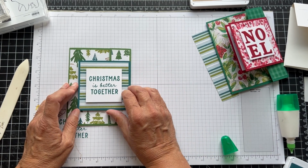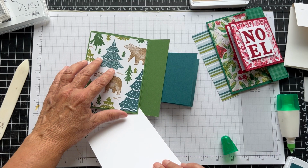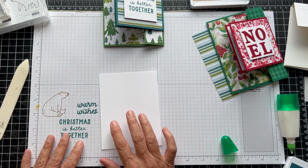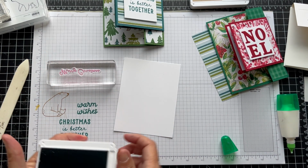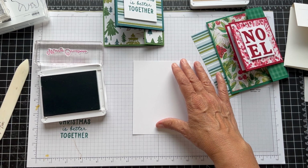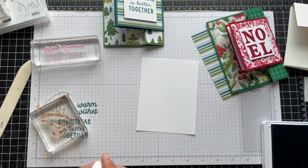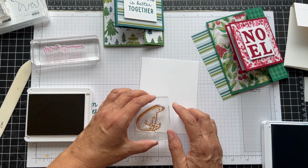Okay, so we have this opens, and then this opens, and then we want to do our inside. I think I might have cut a little bit too much off of here, really just a hair. But I think it works. It doesn't matter. So on the inside, I wanted to do Merry Christmas, and we'll do that in the pretty peacock, and maybe we'll do the bear and the Christmas tree. So I'm going to do the bear again. Let me do him first, because I want to see how far down I'll go. You can just put a strip of paper along the bottom as well. That would work. So the bear,